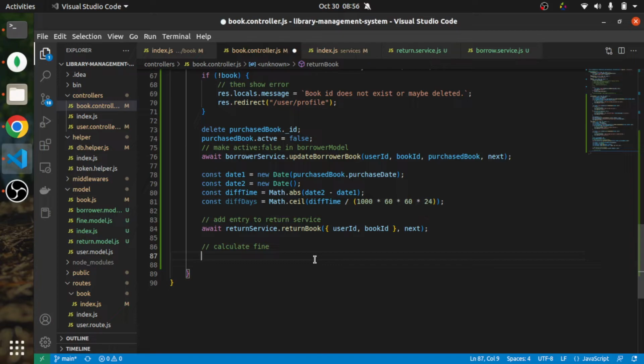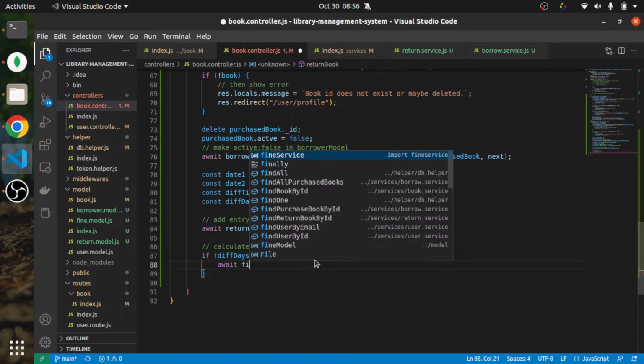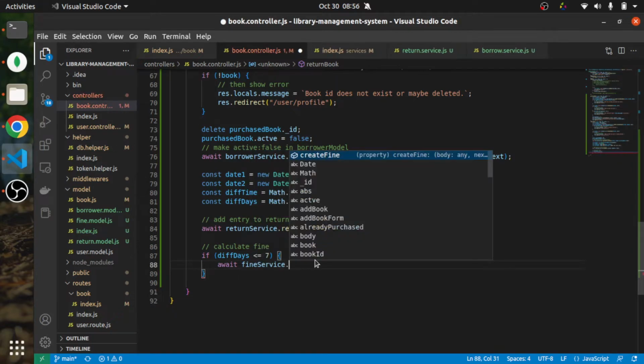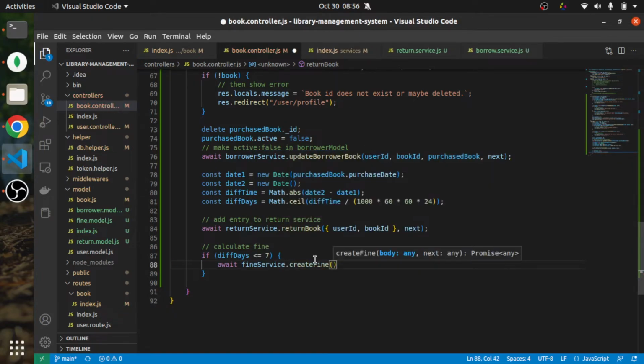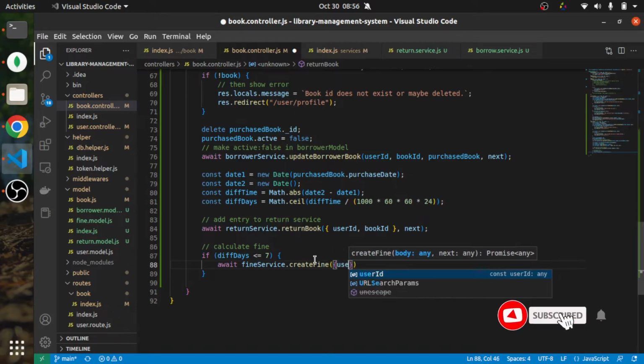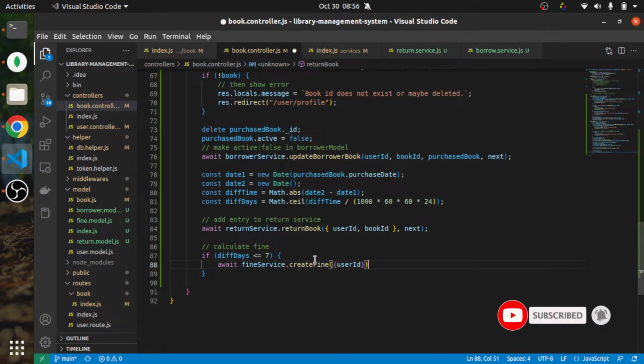So now if diff days is less than or equal to 7, then await fine service dot create fine body, or we don't have to add any fine to the fine service, or let's just add fine. So here we will be adding user ID only. Okay,